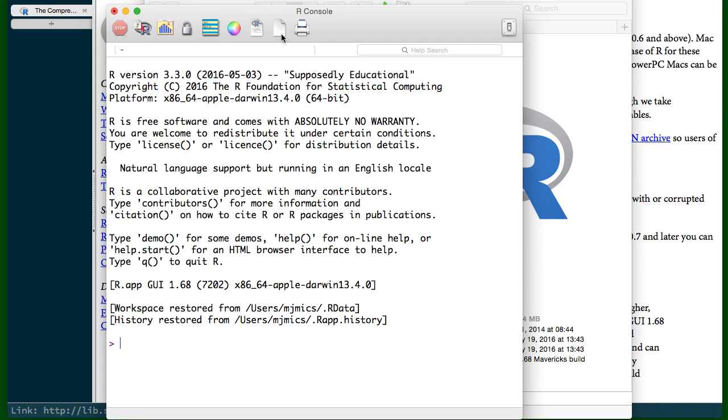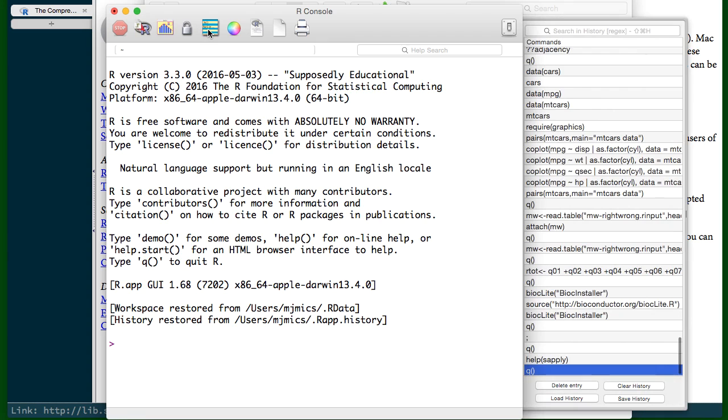At the top here, before I ditch this, I'm going to point out that there are a bunch of little resources here. The most important one by far is this one that shows your command history, and you can just click on one of these previous commands, and it'll appear over here, and you can run it. And you can see that you have various commands for dealing with the command history. This particular command history is just in my home directory, and it's not reflective of the command history that I usually use. Some of this stuff looks quite old, in fact,